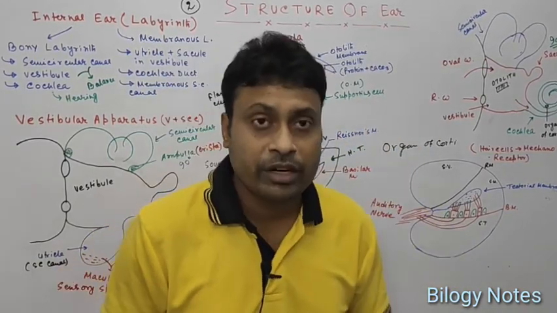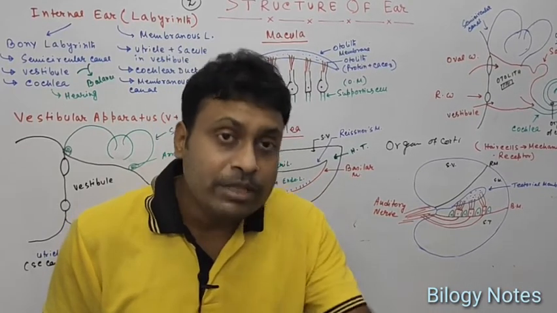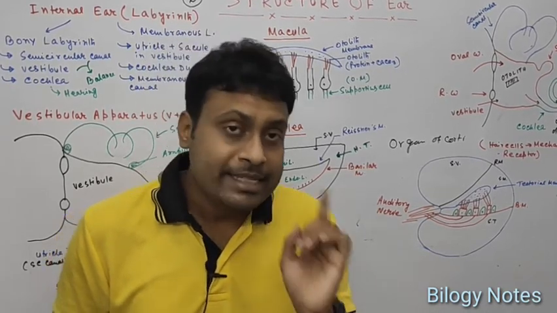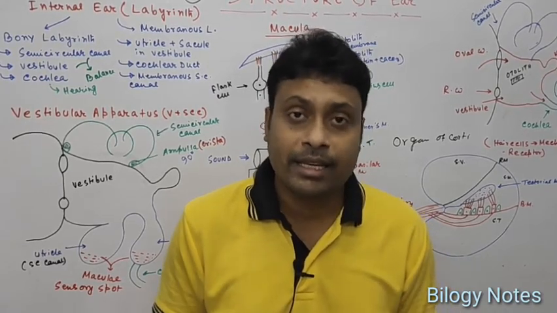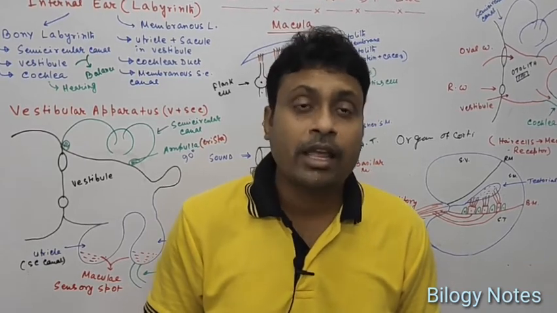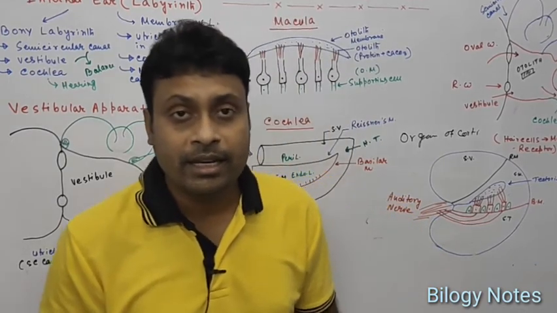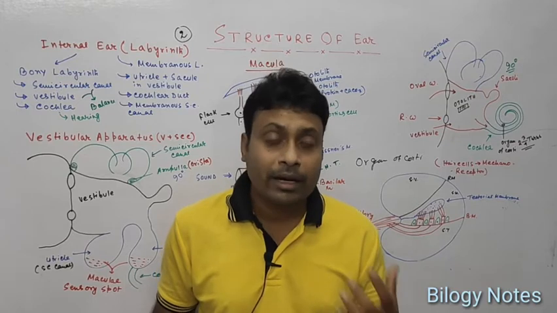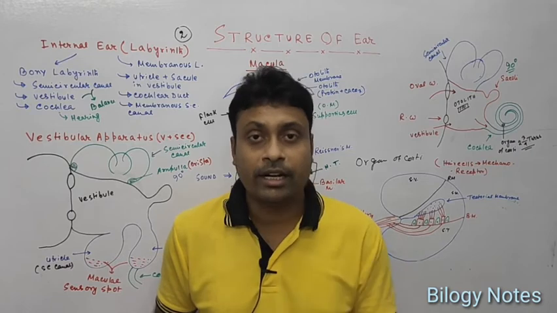Then the cochlea. The cochlea is a snail-like structure, and inside it there is the basilar membrane, and throughout this basilar membrane the sensory hair cells are present. A single ear contains a single organ of Corti, and usually the sensory hair cells are present above the basilar membrane of this organ of Corti. When the sound wave disturbs the sensory hair cells, this information is conveyed to our brain. I hope you have understood the structure and very brief function of our internal ear.